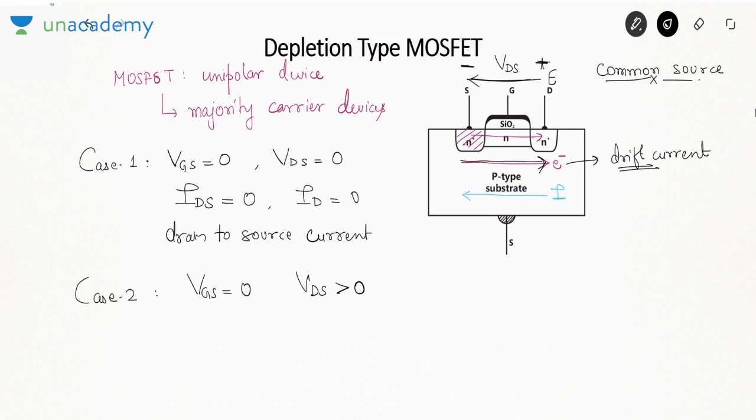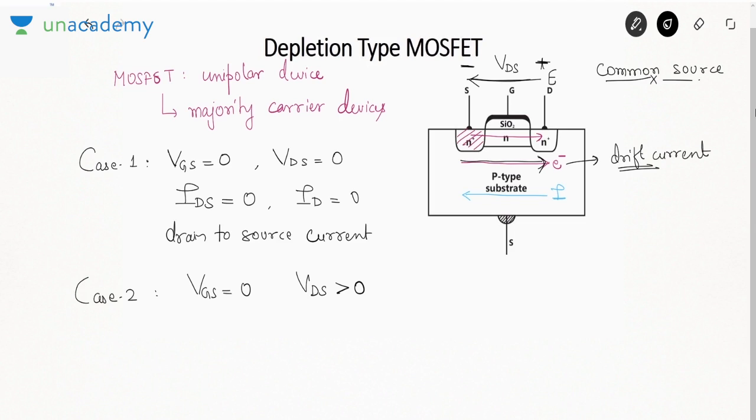But here they are not going because of diffusion. Source and drain have equal doping. So they are moving from source to drain due to electric field. If the drain has light doping as compared to source, then electrons will go from high doping to low doping, or high concentration to low concentration, which will be called diffusion current. But here electrons are traveling between two regions of equal concentration due to electric field. That is why it is called drift current.